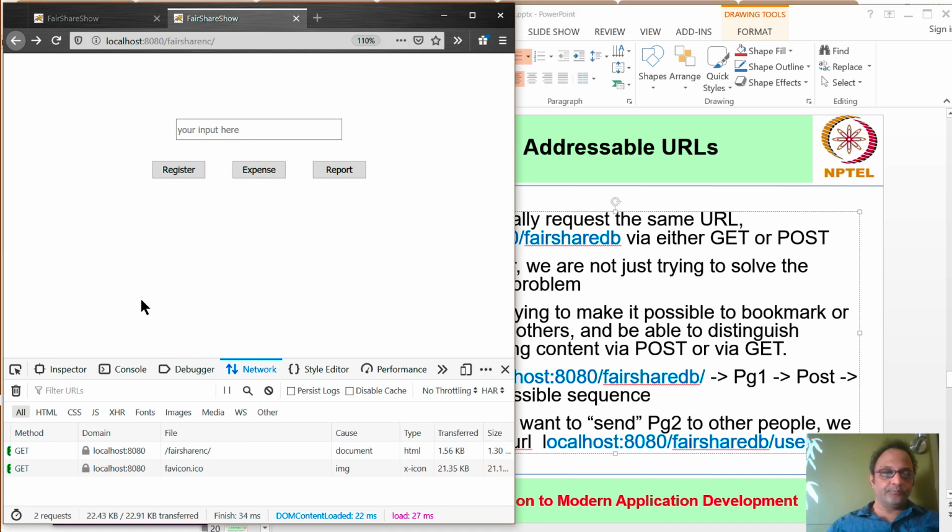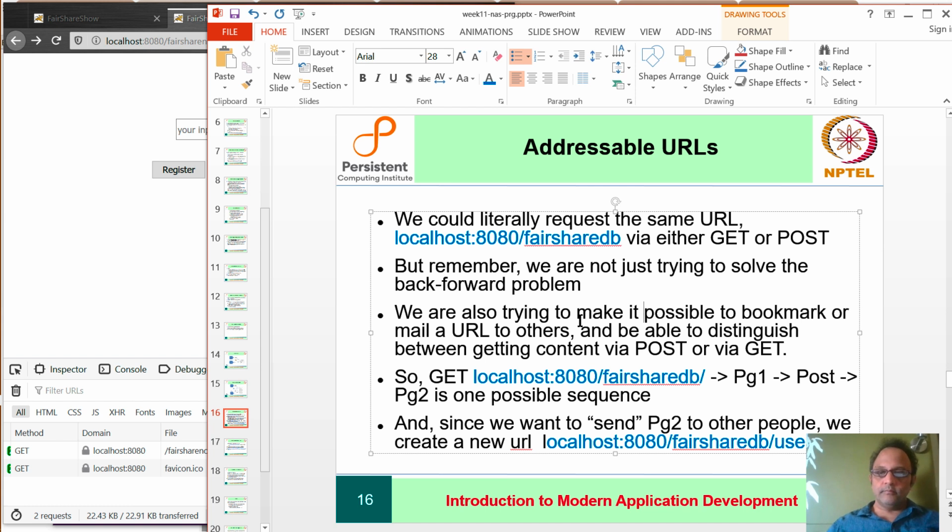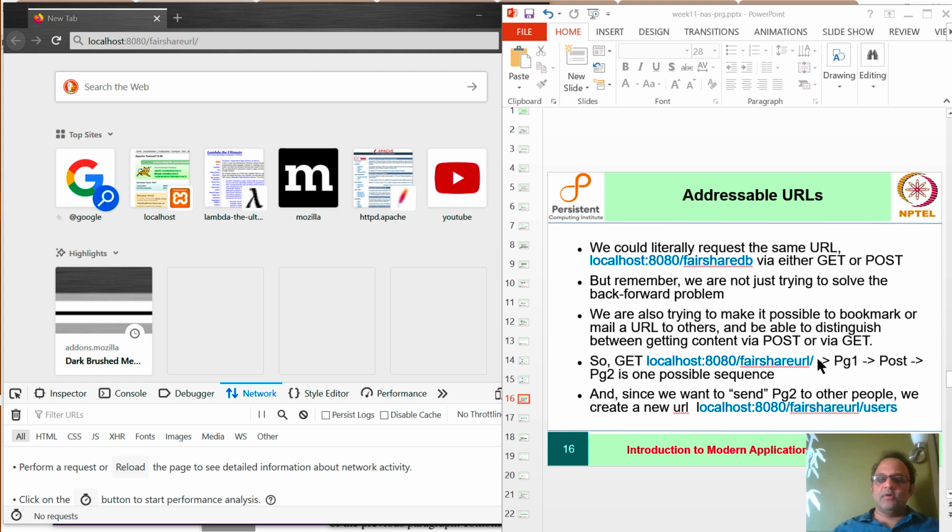So here we have the case where, let me do this demo again. In this demo, we have changed a few things. I have called it FairShare URL rather than FairShare DB, but the overall flow is still the same as before.